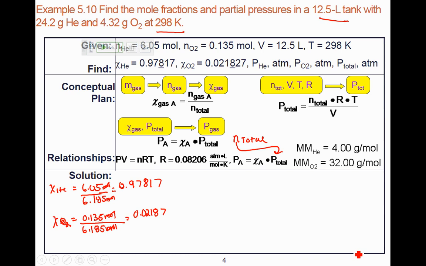So finding from N total to find our P total, remember PV equals nRT, and here we're looking at our total. So P total and N total. So to find our P total,